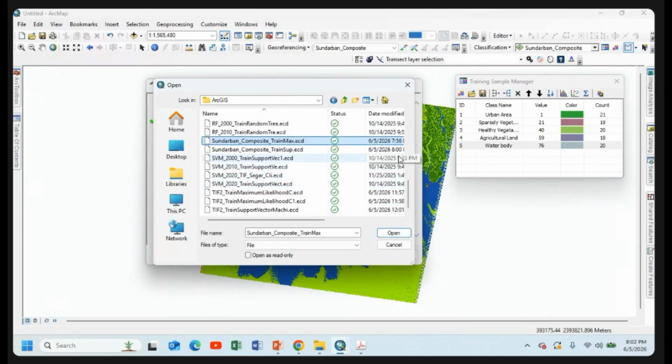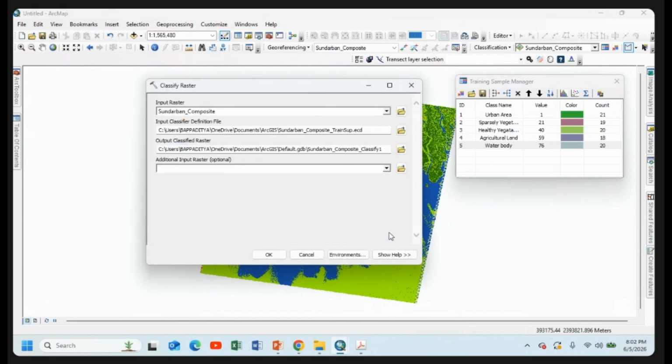This is maximum likelihood, and this is our training support .ecd, our SVM file that I have selected, and click on the open button.